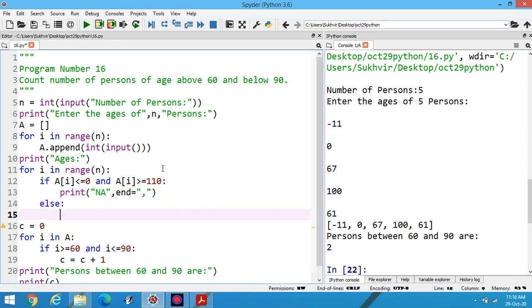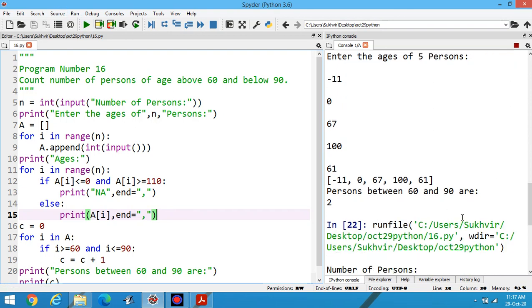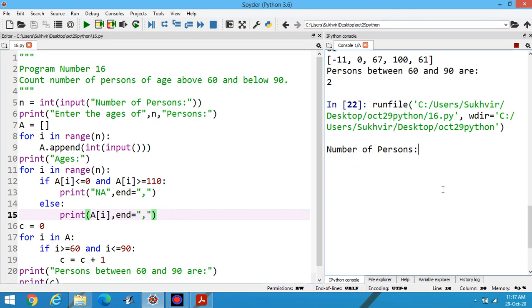else printing of data is there, that is a[i] and double quote then comma. Suppose this one is the clause. Now execute the program. Number of persons 5.